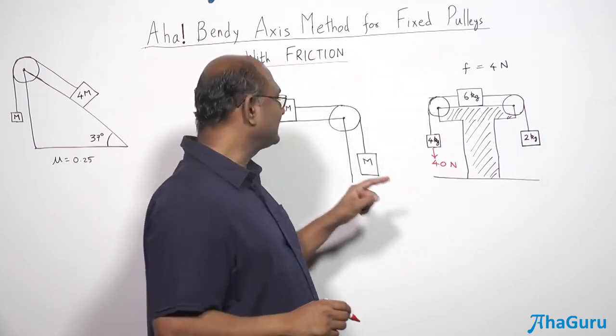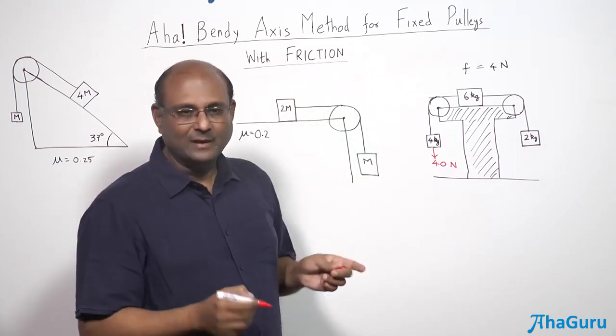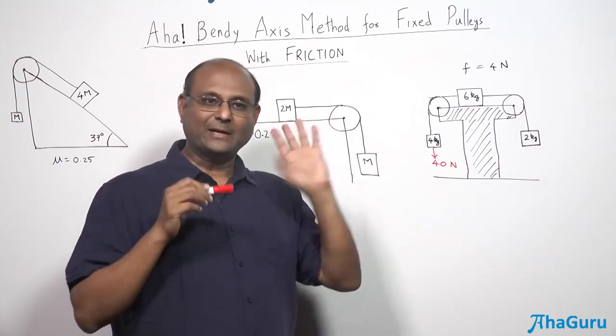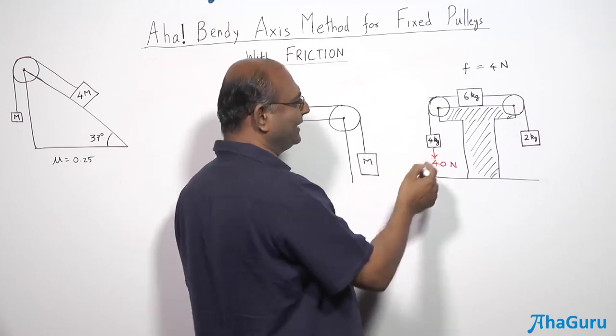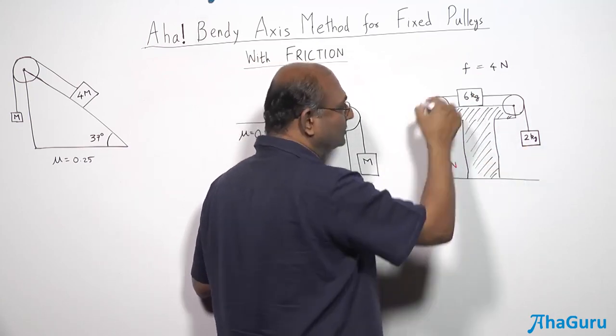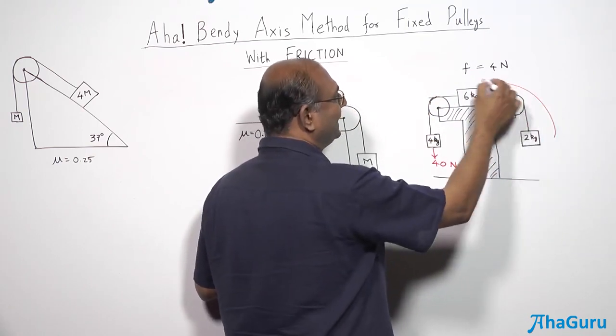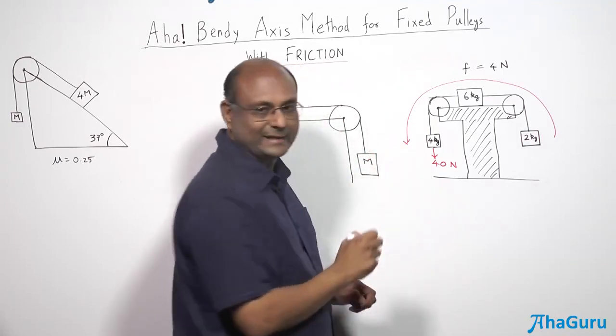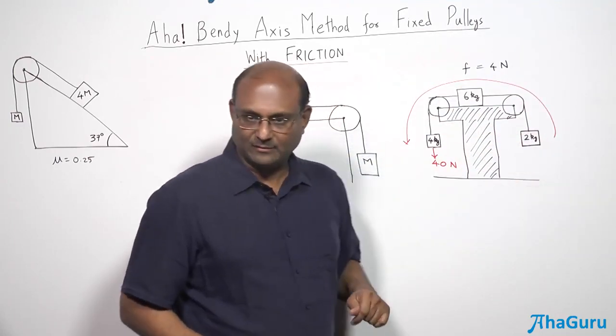right? But if the mass is not given, let's say it's m, then don't write it as 10 times, just write it as mg. You can come back to what g is later. Okay, this is just for convenience. Now, should I count this 40? Yes, because you can see that this is how it's going to move, right? So this is my bendy axis. This is the positive direction of the bendy axis. That will be the negative direction of the bendy axis.